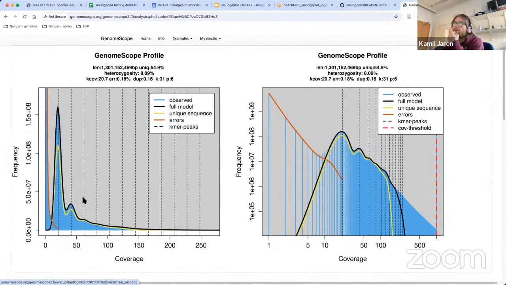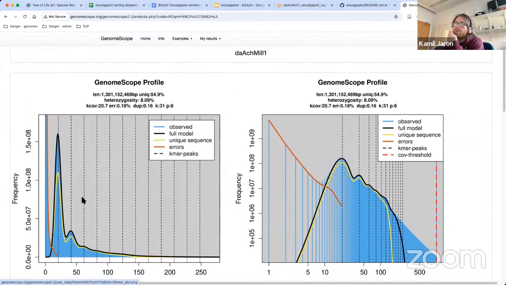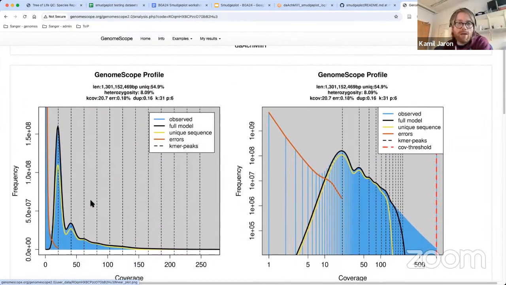Man, that actually doesn't look so bad. So now we're talking, right? Assuming hexaploidy and inferring the coverage 20.7x, we can tell how big the genome is. We can tell the genome is 1.3 gig, and this is per haplotype, which means that the total genome size would be 6 times the number. And now you know, if you start assembling it, what to expect.